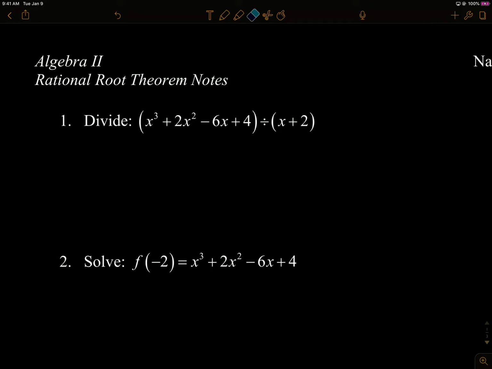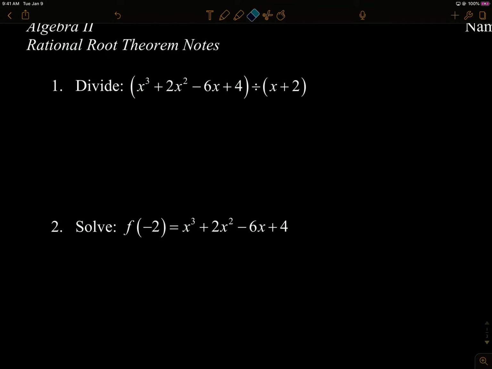All right, so we're going to do a little review of our synthetic division here to start. So remember, we take the 0 of the divisor. So that's -2. That's what makes my divisor 0. And I write my fraction house upside down for synthetic division, just because in synthetic division we put the quotient, the answer, on the bottom. In regular long division, we kind of put it on top, but I just write it upside down. In here, I put my coefficients, so that's like a 1, x cubed plus 2x squared minus 6x plus